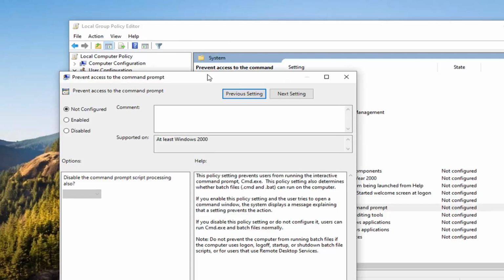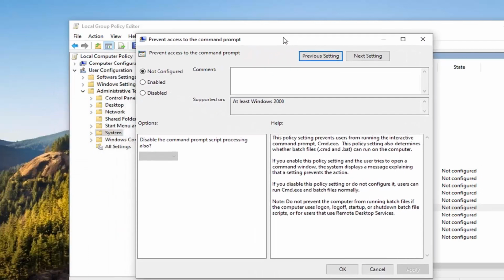So now if you want to go ahead and disable the command prompt, you want to select Enabled, and then in this drop down, disable the command prompt script processing also. You want to click inside the box and select Yes, and then once that's done you just go ahead and